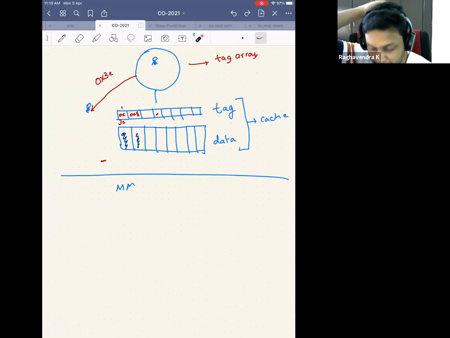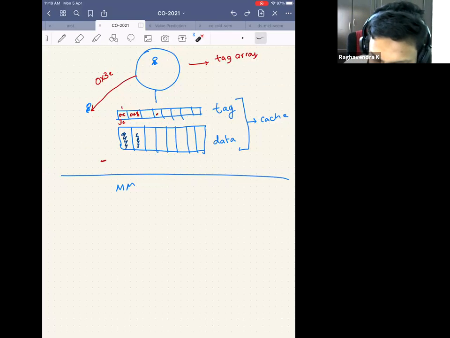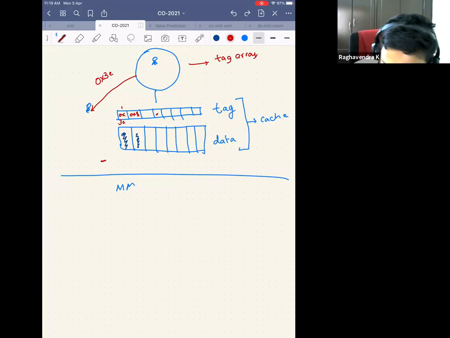Yeah, we'll come to the replacement policies. Maybe in three or four classes we will be discussing replacement policies, but we'll go step by step. Okay, so now since you don't have any questions, I will ask you this question. The CPU generated an address 0x3. The first time it generated 0x3, you go to the main memory. Will you fetch only one byte?